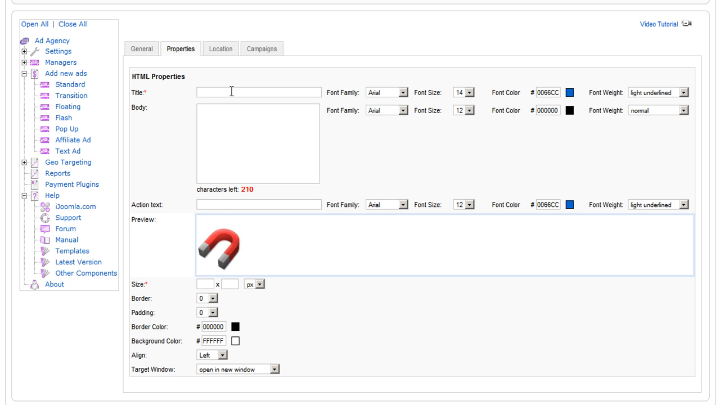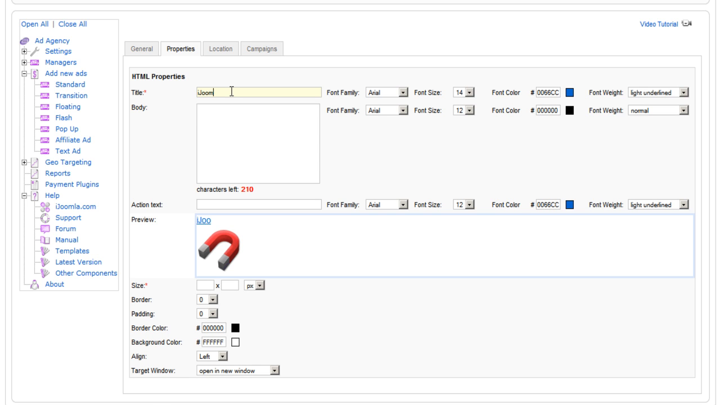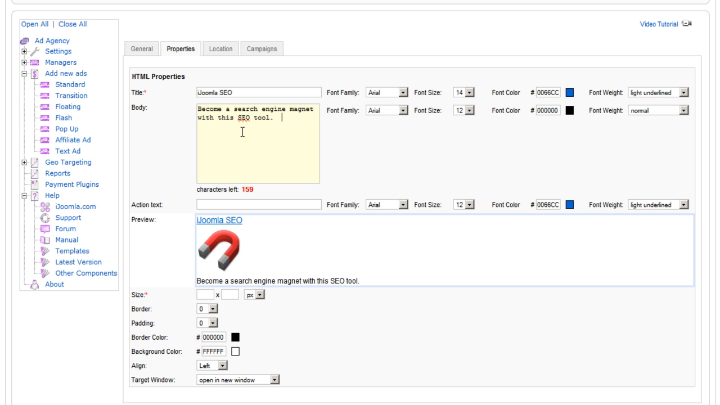Okay, on the properties tab is where you enter the actual text for the actual attributes of the ad. For example, I'm going to enter iJoomla SEO, and as you can see here at the bottom, you will start seeing a preview of this ad. Here in the body, I'm going to enter what I want to say in the ad, and in the action text, I'm going to enter something like go now or learn more,